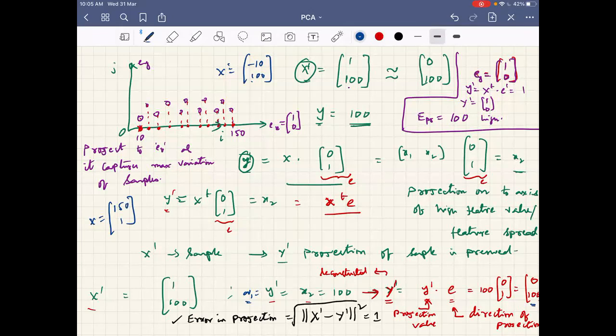After projecting, the dimension of the feature vector gets reduced. Even if I take a 10-dimensional feature vector, x belonging to 10 dimensions, x may be of 6 dimensions, for example: 100, 2, 3, 0.5, 1, 0.01. This is a 6-dimensional feature vector. Even if I project this onto the x-axis, I will only be representing this projected sample with a single dimension. So I have reduced from a 6-dimensional feature vector to a single dimension projection.